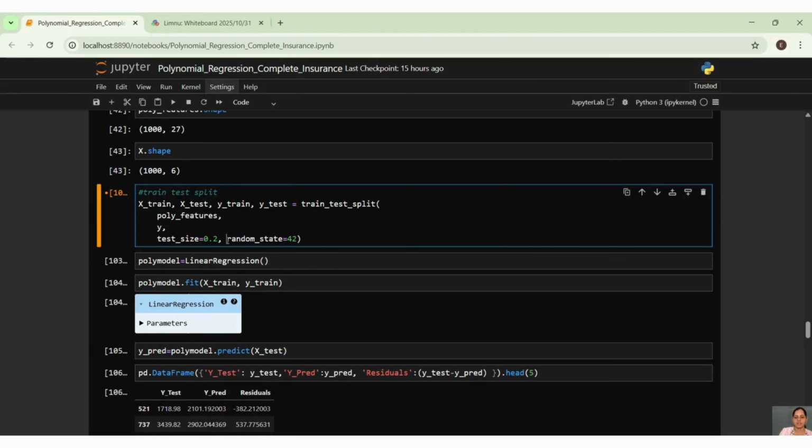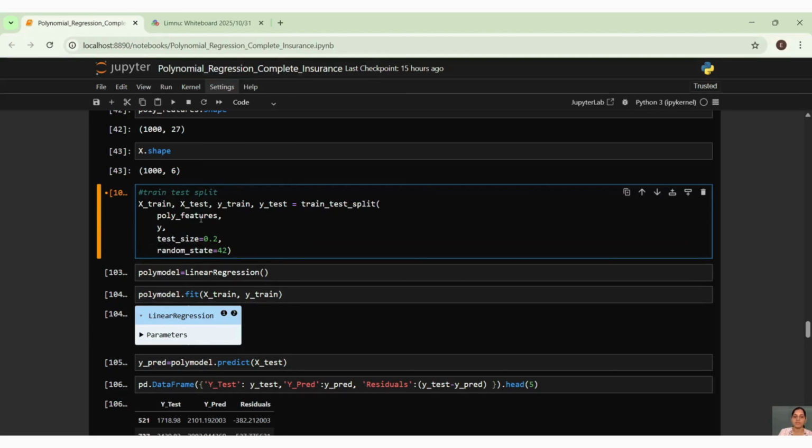Instead of x, I am using polynomial features. Then we have y. Then test size. When I am taking 0.2, that means what should be the train size? It should be 0.8. That means 80% of my complete data should be the train size, and 20% of my data should be the test size.